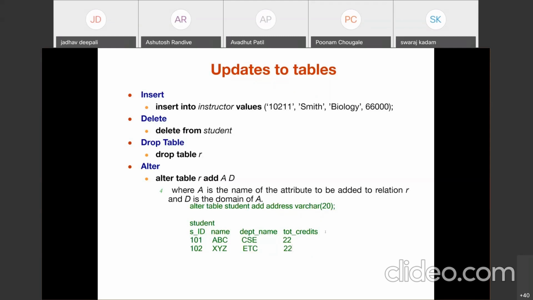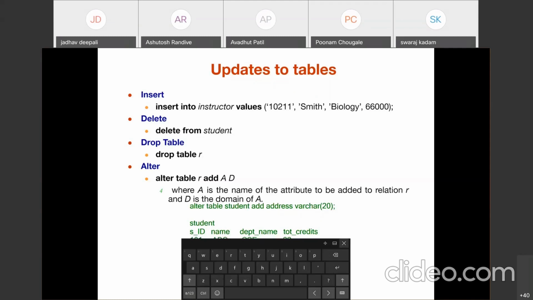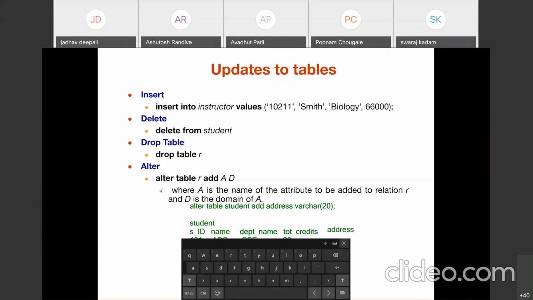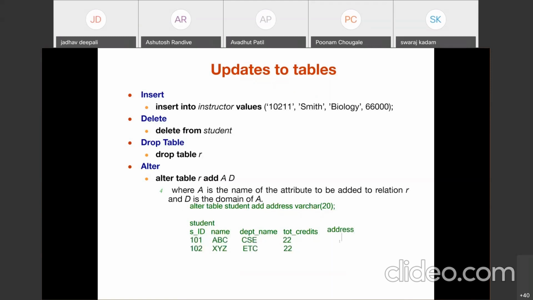So the new attribute we can add. Now what about the values for this address for these 2 tuples which are already there? Have you understood my question, everyone? Already 2 tuples are there, and after that I add a new address attribute.